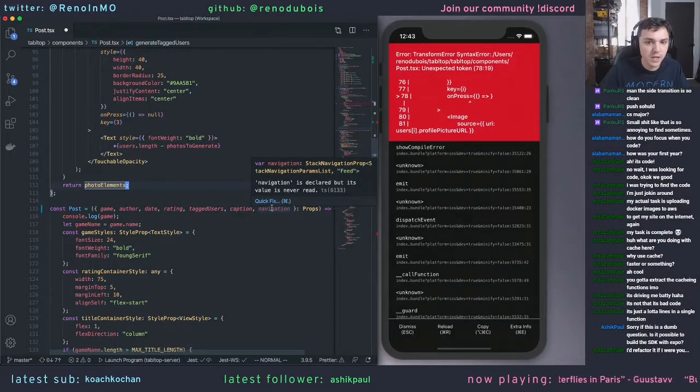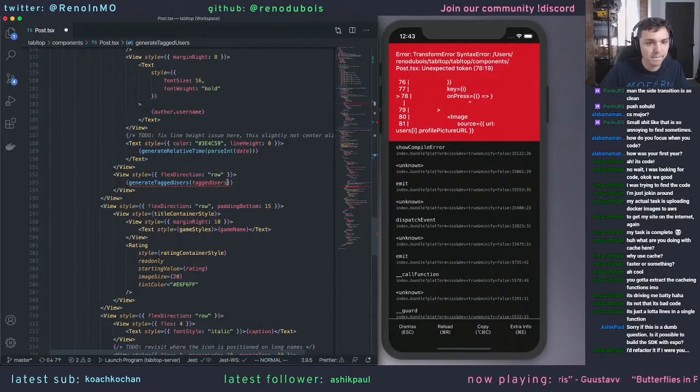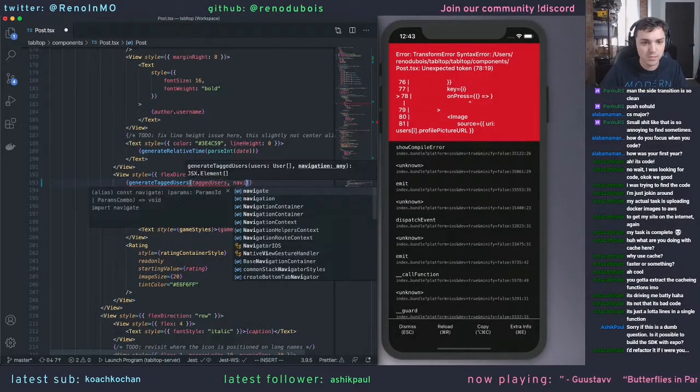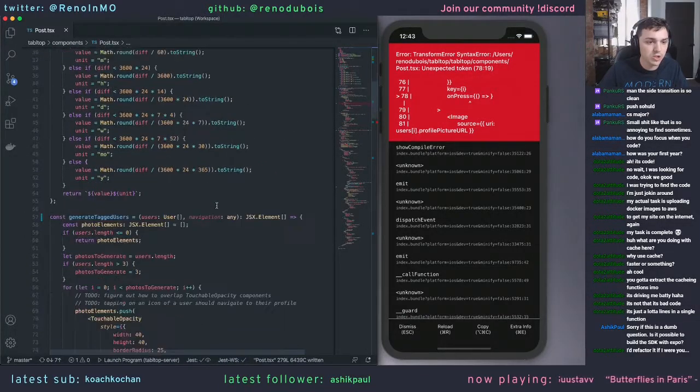And what type is that? It's stack navigation props. And it should just be